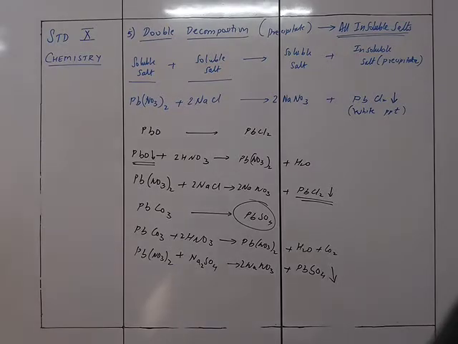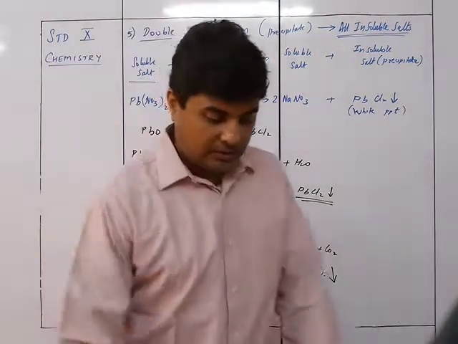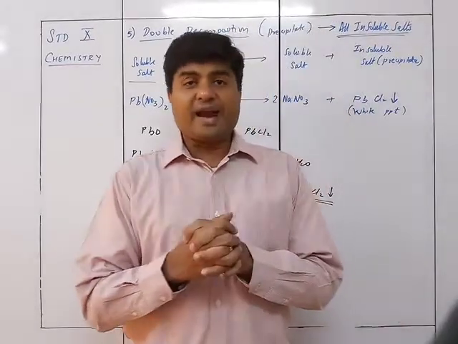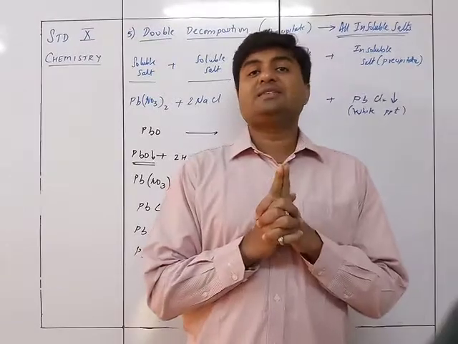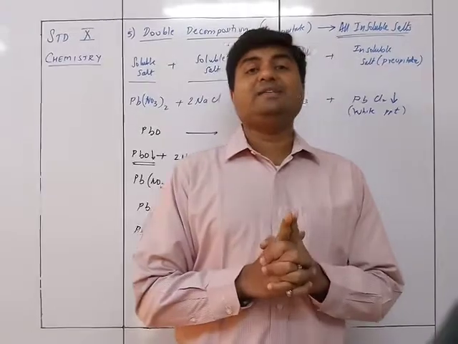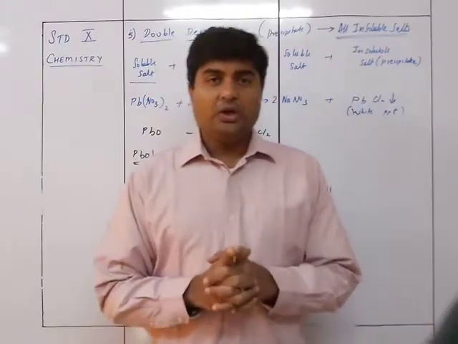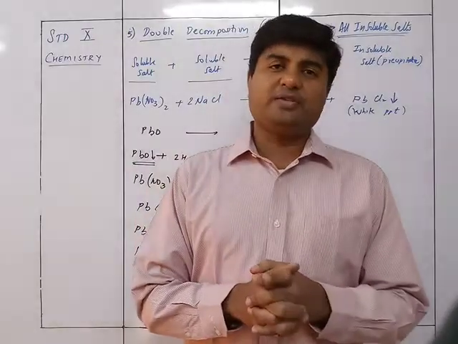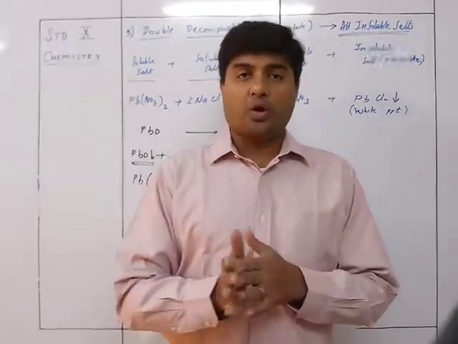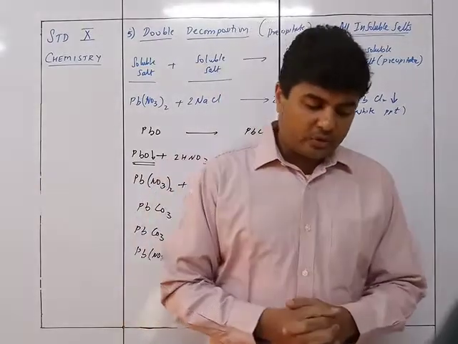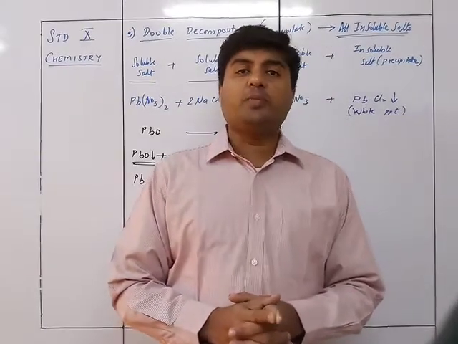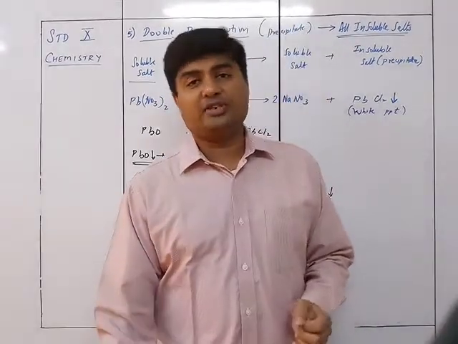So we can just recap that quickly so that we can stop this video. The first one is the neutralization reaction. In a neutralization reaction, we use an insoluble base and an acid. Insoluble base plus acid gives me salt plus water. The salt which is produced here will be a soluble salt. So those soluble salts which are produced from insoluble bases are made using the neutralization reaction.